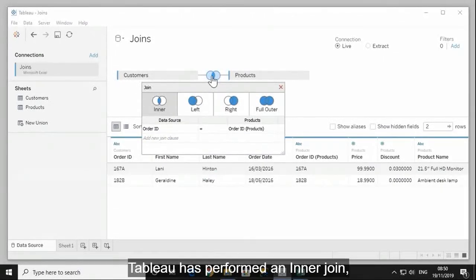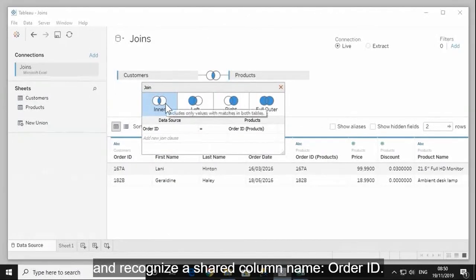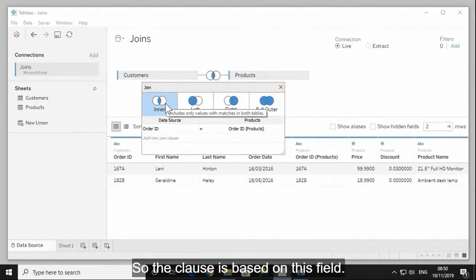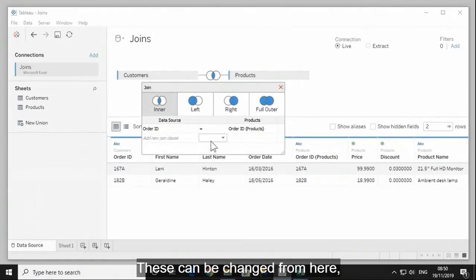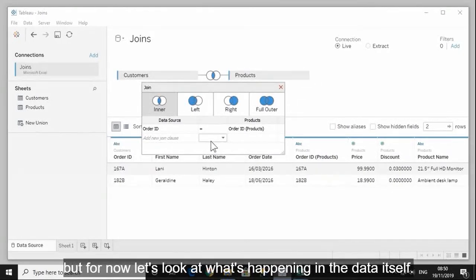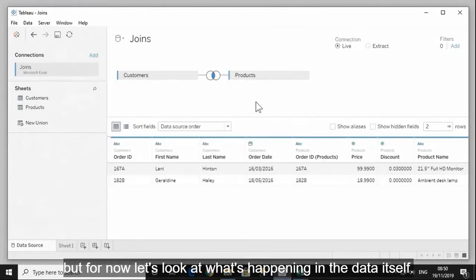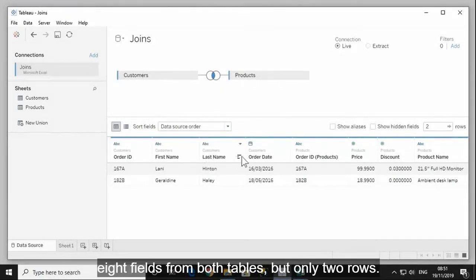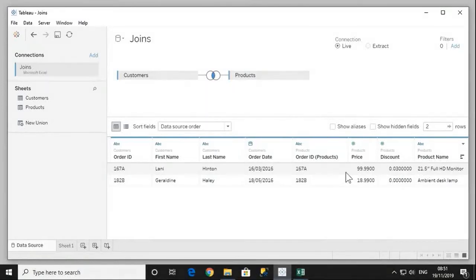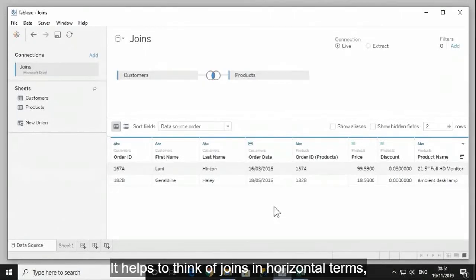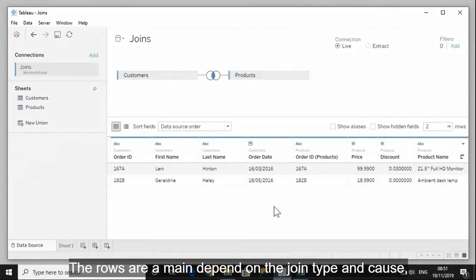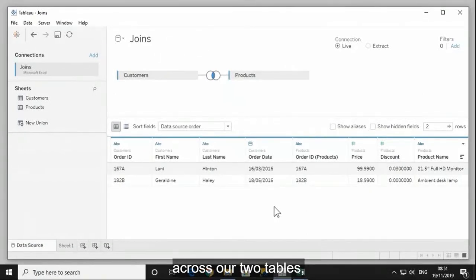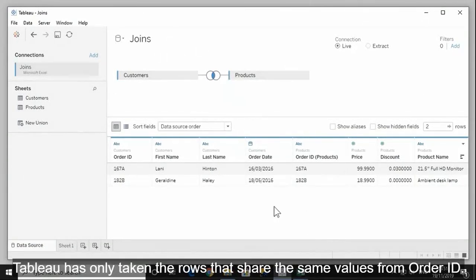Tableau has performed an inner join and recognized the shared column name, order ID, so the clause is based on this field. These can be changed from here, but for now let's look at what's happening in the data itself. We now have 8 fields from both tables, but only 2 rows. It helps to think of joins in horizontal terms, like you're stitching them together side by side. The rows that remain depend on the join type and clause. Across our 2 tables, Tableau has only taken the rows that share the same values from order ID,